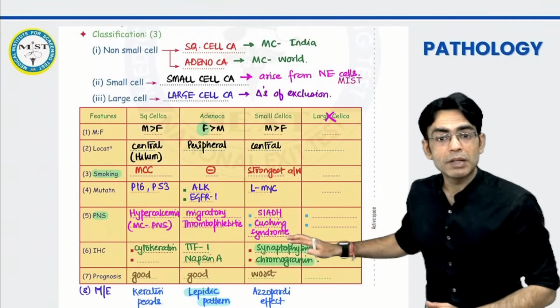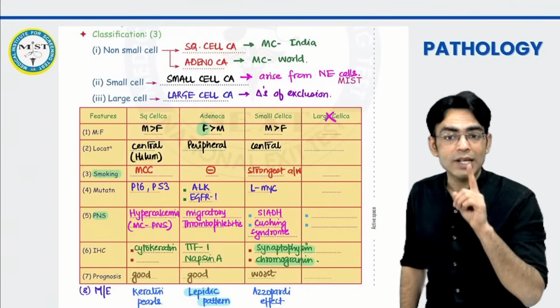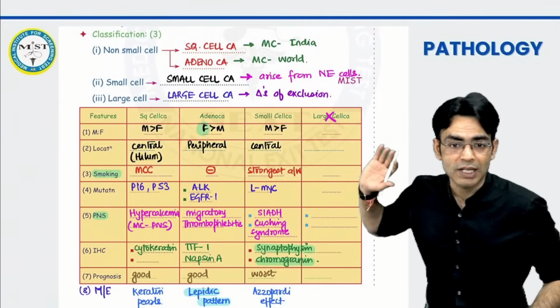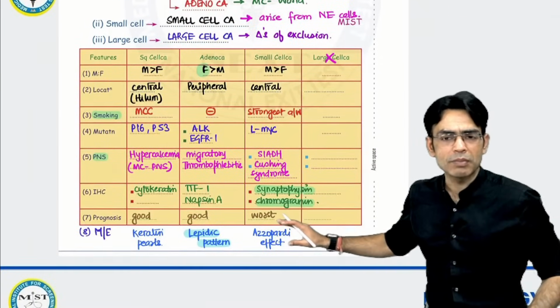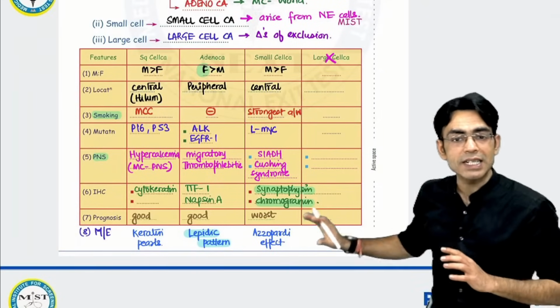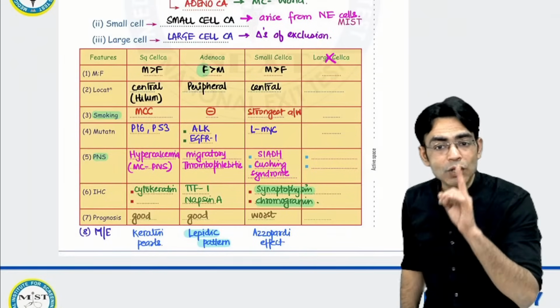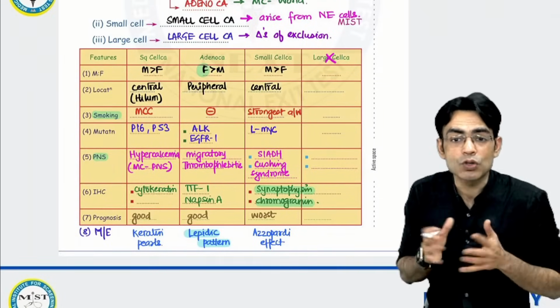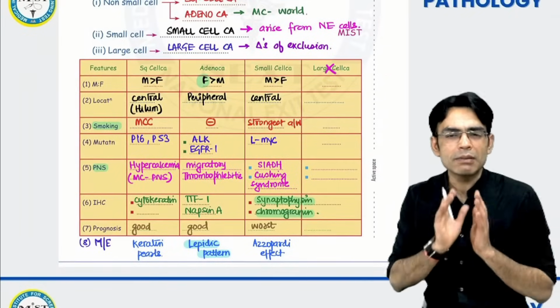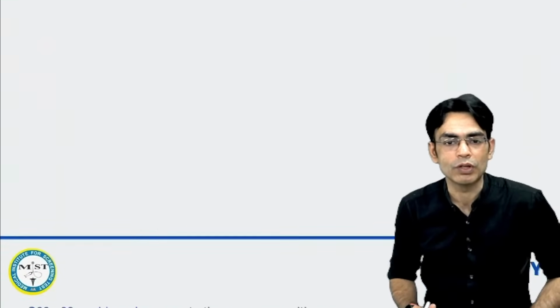Markers: synaptophysin, chromogranin, neuroendocrine cell markers हैं which are very, very, very important when you think about a small cell carcinoma. And I hope you remember this Azzopardi effect and lepidic pattern. Azzopardi effect is seen with small cell, and adenocarcinoma के साथ it is lepidic pattern which is also called as butterfly pattern. तो ये जितना भी highlight किया हो बेटा, minimum this much you should know before you go for the exam.